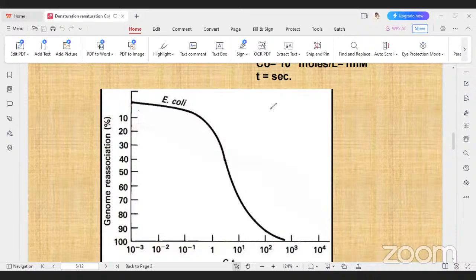Finally, just remember one word. Cot value means reassociation of DNA. The reassociation of DNA from deassociation, denatured. Denature means separated. Double strand DNA separated, denatured, and again renatured. This is called Cot value. And I have taken here the single stranded DNA on the y-axis. Automatically